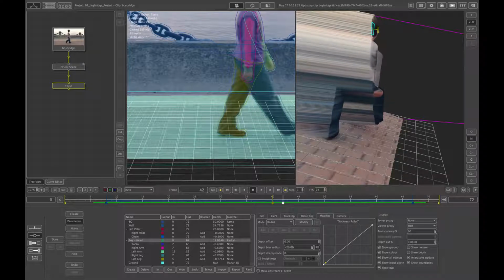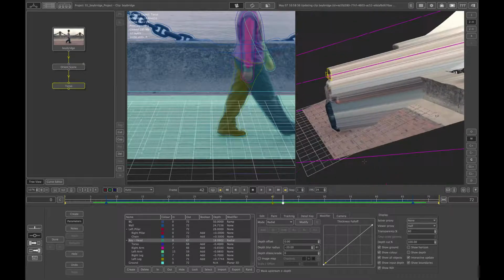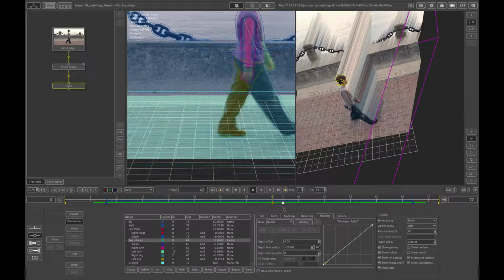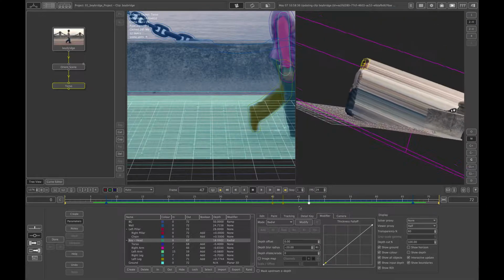So I can move that until his foot is basically in contact with the ground. And that's looking a little bit better. So I can scroll forward now to a point where his front foot